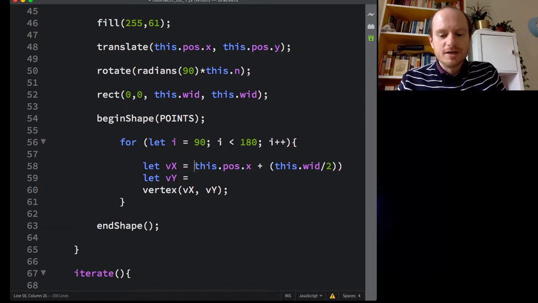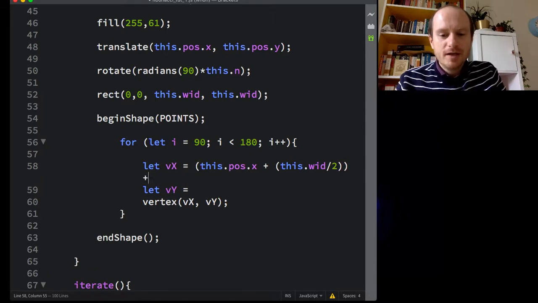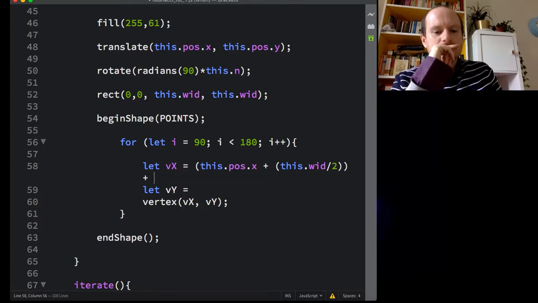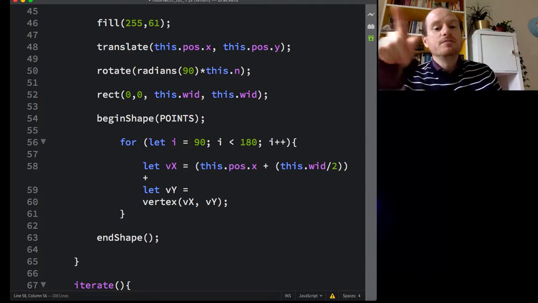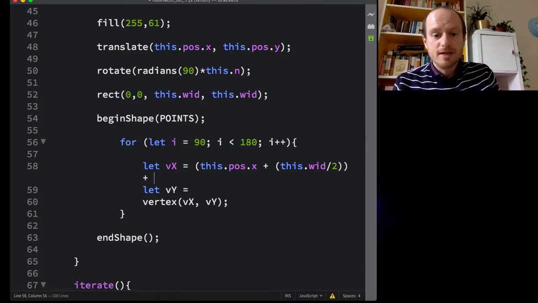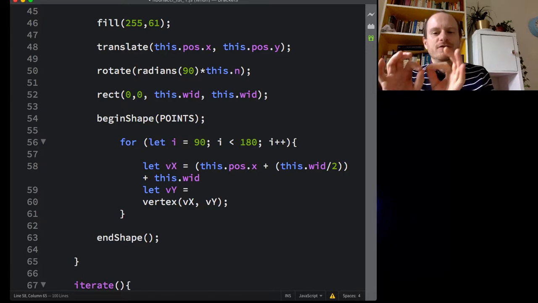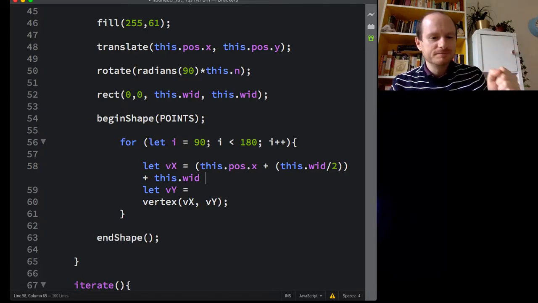Let's put that all in brackets. There we go. Plus, this is a radius, and that's going to be, thinking about that curve, exactly the same length as the width. I'll try and explain why, if you're visualizing it. If you imagine where it starts, the bottom left-hand corner, apologies if that's the right-hand corner, the way you're looking at it, bottom left-hand corner,